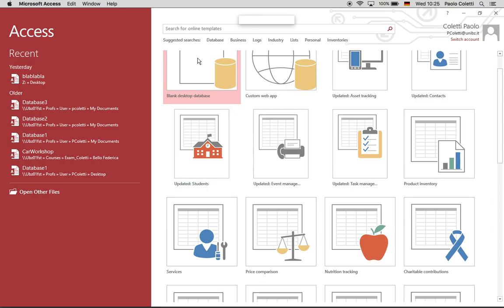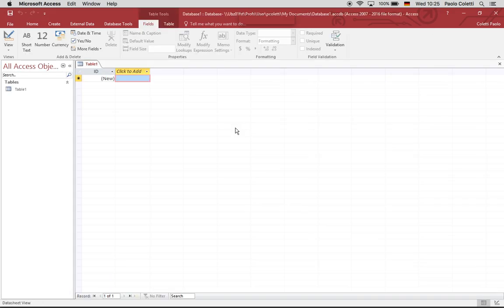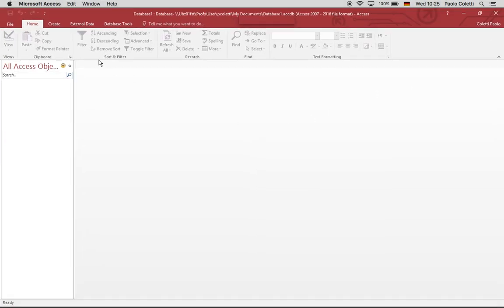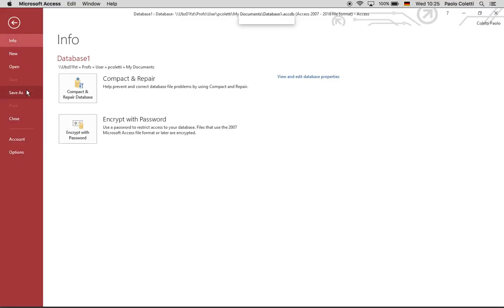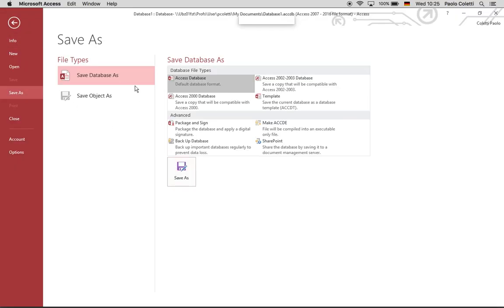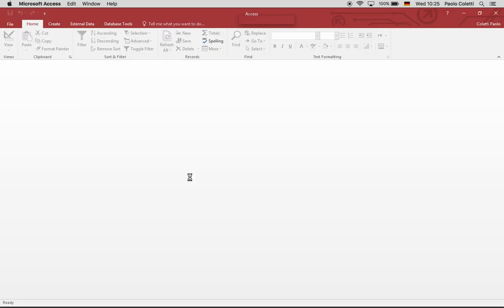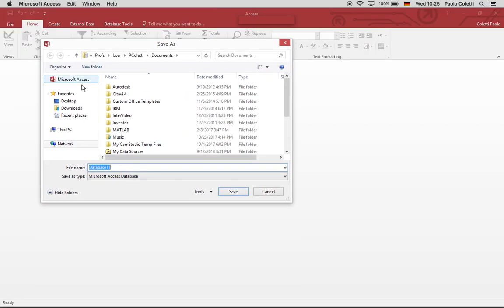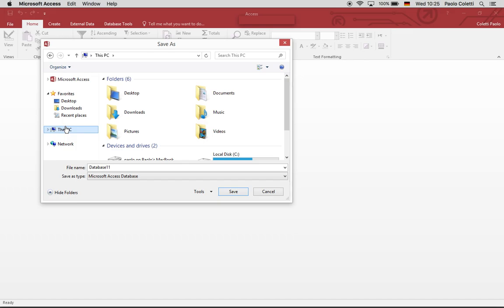Well, anyway, this is Access. Suppose I want to save a file. Save as, save database as. If I open This PC, it's still the university computer, so it's not your computer.